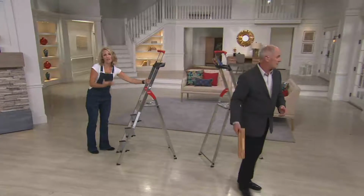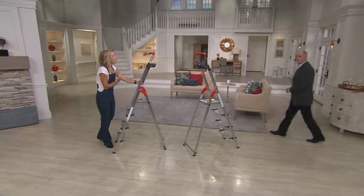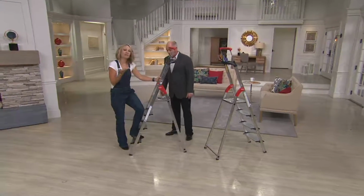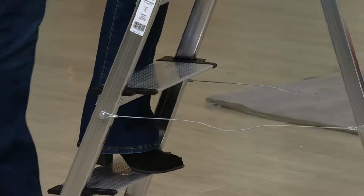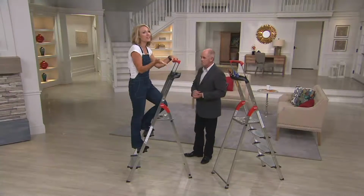I mean, really, they've thought of everything with this ladder. And Hailo, Dan, is a company that makes ladders for the industry, for commercial purposes. Yes. They're an international company, but now they've really cornered the market on lightweight ladders for our homes. So they've thought of everything. Like you said, you get this 5-inch deep tread, so your whole foot literally can fit on that tread. So I go up here 1, 2, 3, but this is what makes Hailo so unique compared to other ladders